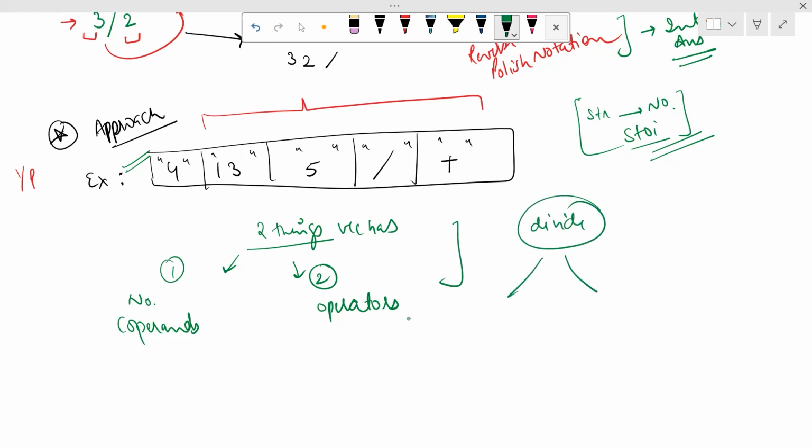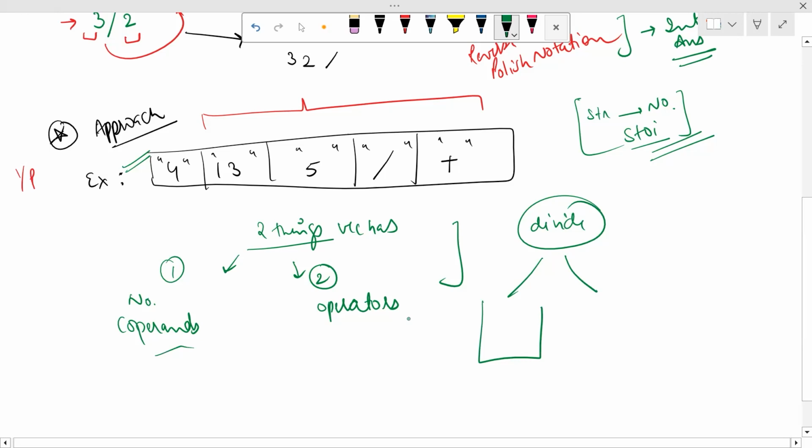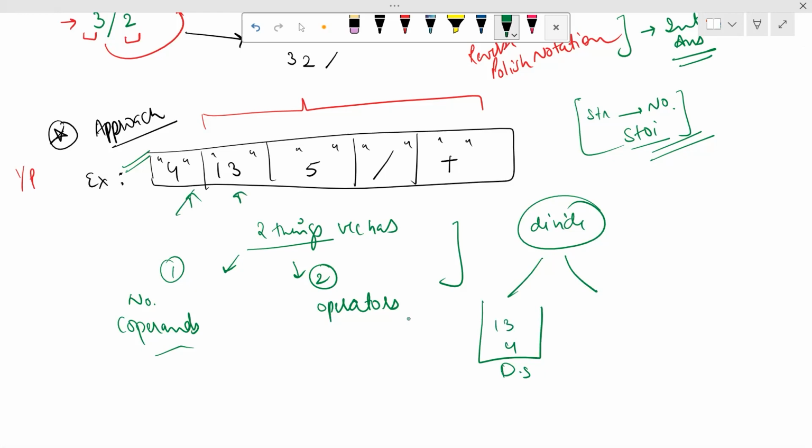Divide these two into two different categories. For example, you're getting an operand, so put it in a certain data structure. You get a 4, put it here. You move forward, you get 13, you put it here. You move forward, you get a 5, again an operand, put it here. As soon as you get an operator,